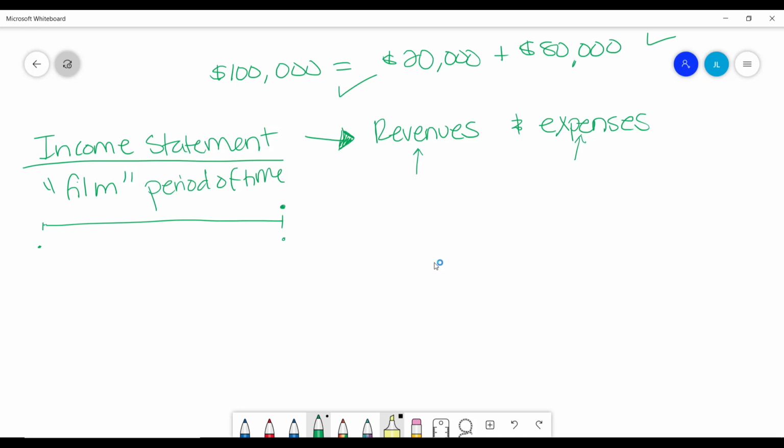Okay? Revenues, they generate positive cash flows through our transactions with customers, right? So that's like making a sale. We're going to be looking at many examples where you're making a sale or you're rendering services to a customer, and what do they give you in exchange for services or a good? Money, either cash today or a promise of cash later. Okay, so we're looking at revenues.